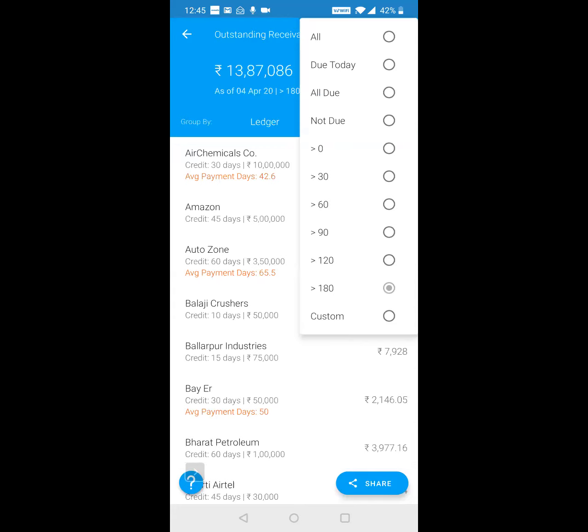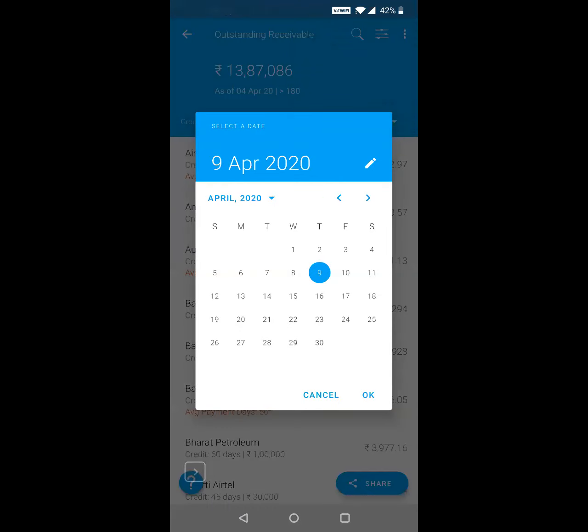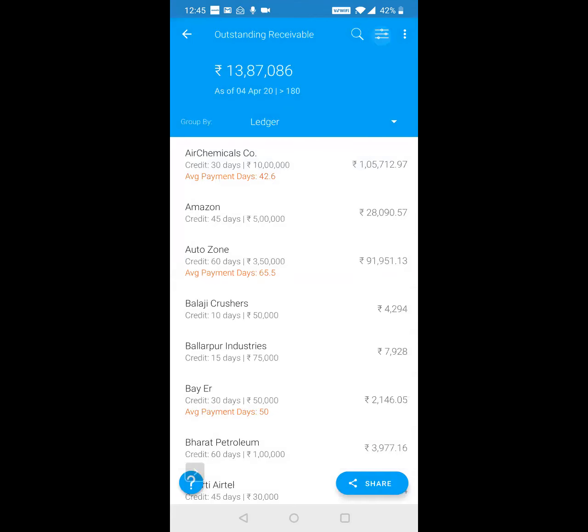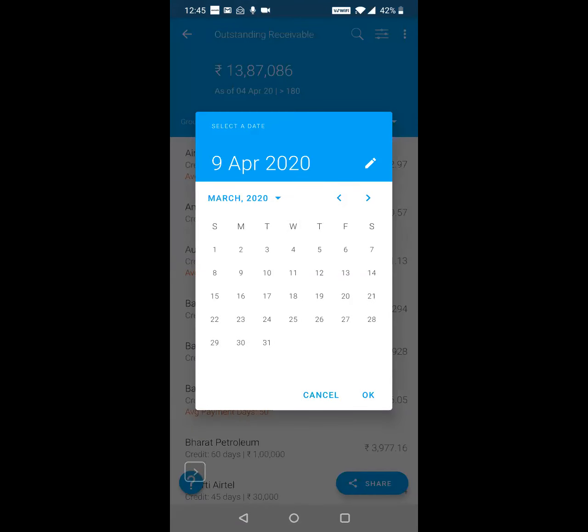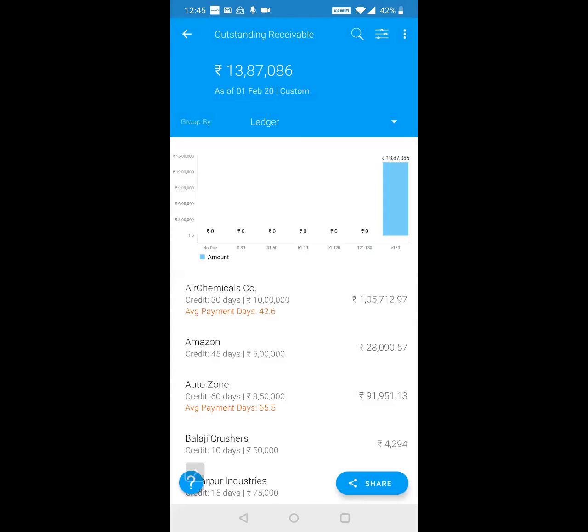Sometimes we say to our customer, sir, why don't you clear off all the bills at least till 1st of February. You can pay the bills after 1st of February later on, but at least 1st February tak ka clear of the bills. Okay, so I think I'll show it again. So you choose custom and you select 1st February and say okay. So first, all the bills before 1st February that were due, you get the total amount here.